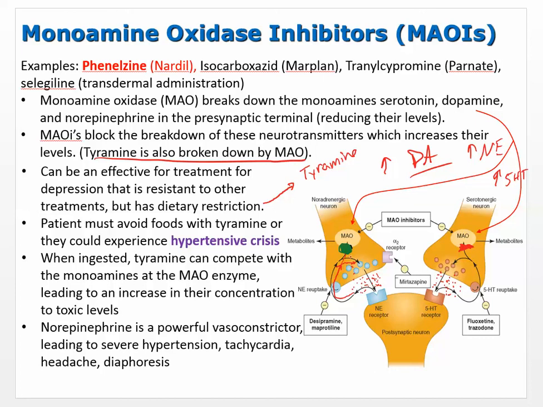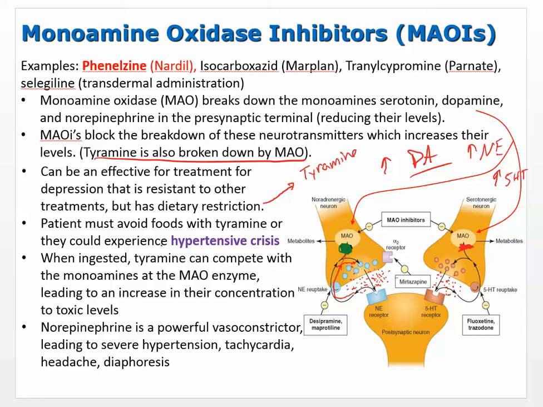Nothing gets broken down. So the norepinephrine and serotonin levels will start to increase because now you have another player in there. Now you have tyramine that's also trying to be broken down. So you already have inhibition, which has the levels raised a little. But now you've shut it down, I won't say completely, but now you have another competitor in there, which is going to cause the levels to go even higher. And what's the deal with norepinephrine? Norepinephrine can cause vasoconstriction, increased heart rate, and that's a problem.